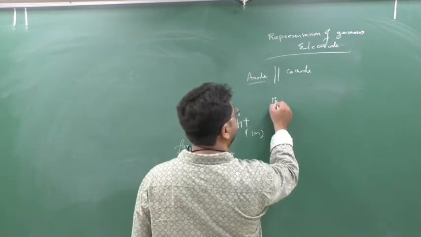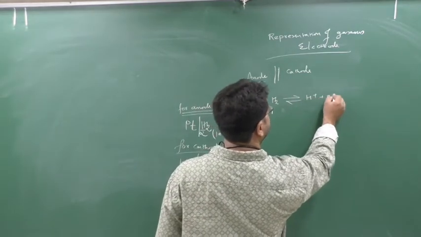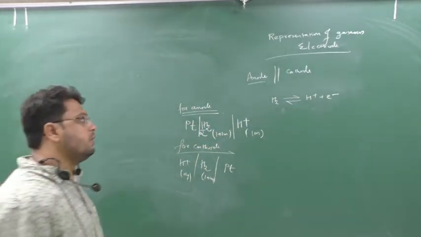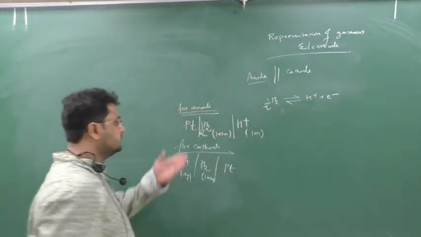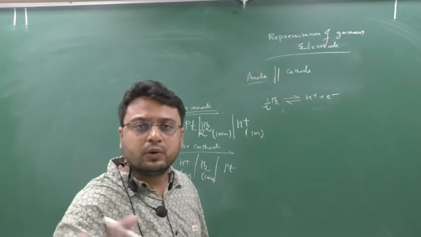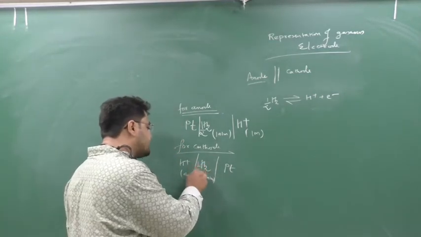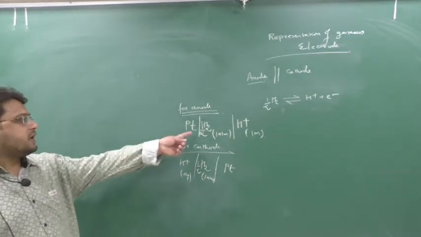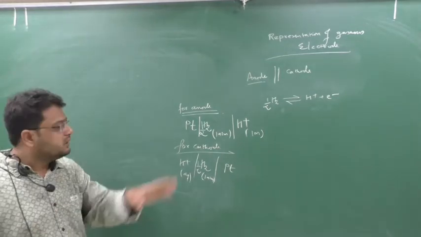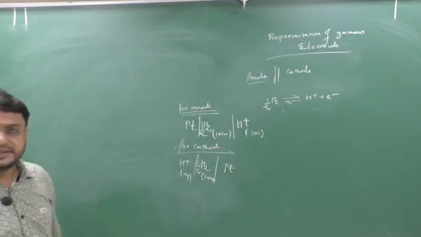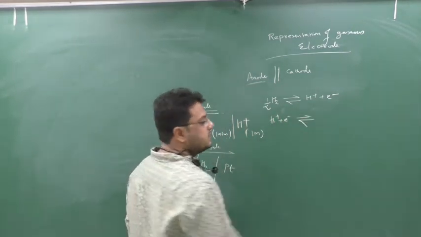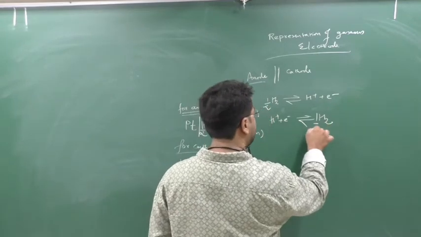See, hydrogen undergoes oxidation: H2 gives H plus plus electron. How many hydrogen are there? 1. So half. That's why they have written half here. You write it or don't write it, not an issue. In certain books it is written, I am just discussing. If you see half written, don't get worried, don't get tension. It's just for showing the number of moles. Or if H plus undergoes reduction, it will go like this: H plus plus electron gives half H2, so I can write half here.